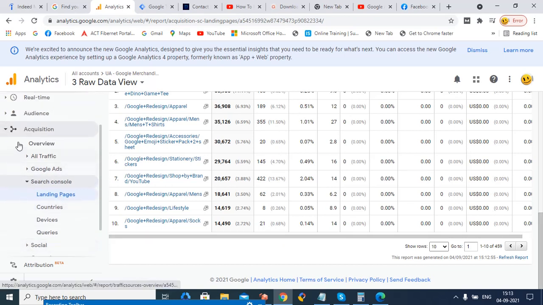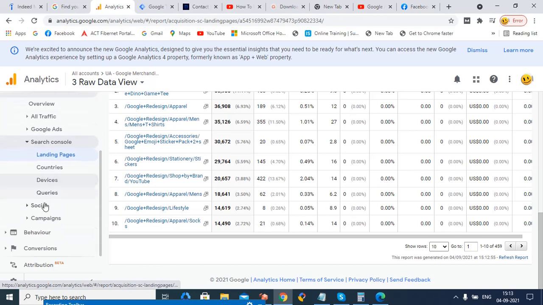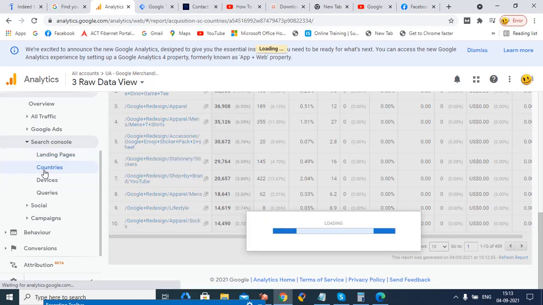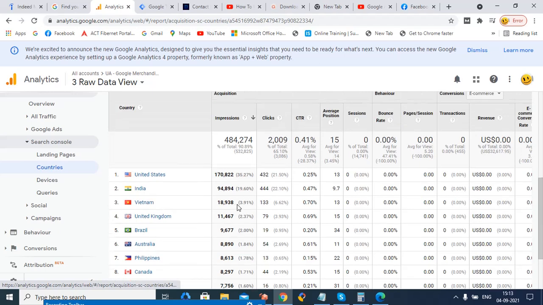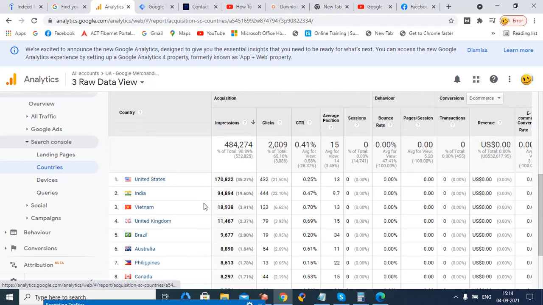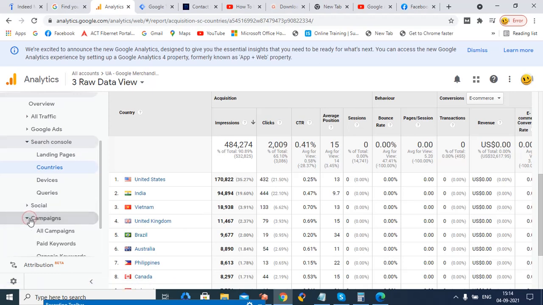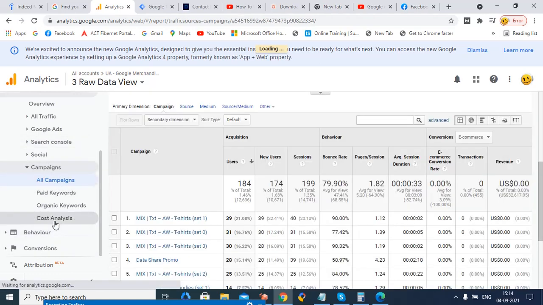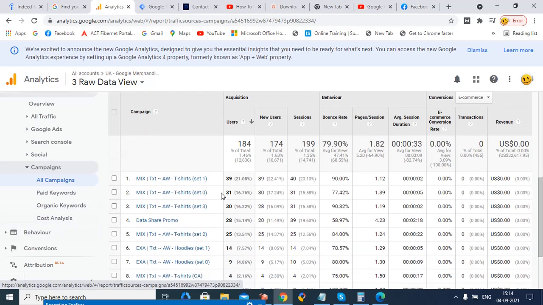And this acquisition can be used for different types of queries, countries. It can also give total insights of from which country our app is performing well, and we can also use our campaign data. If at all we are using any campaign, Google Ads campaigns, Google key search, display ad campaigns, we can also